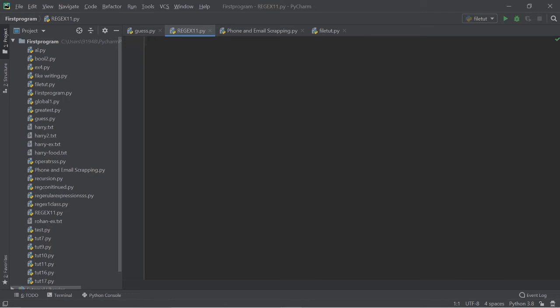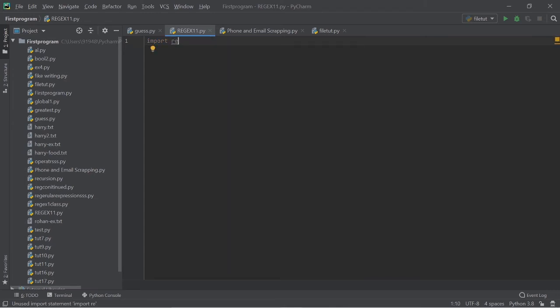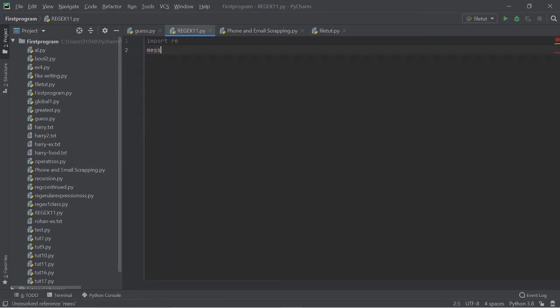Regular expression is an inbuilt module, so you don't need to go to the command prompt and type pip install regular expression. You can just do it by typing import re. Re is for the regular expression module, and it will get imported as it's a built-in module in Python.